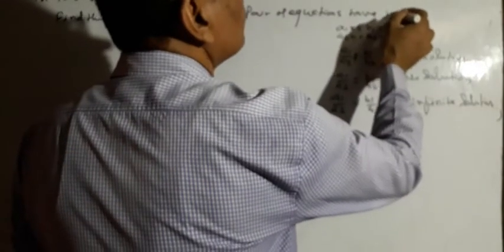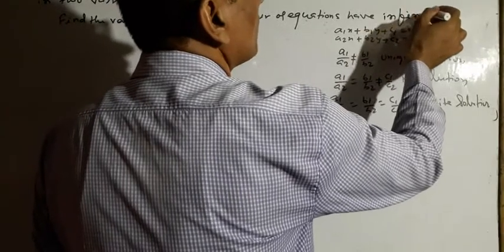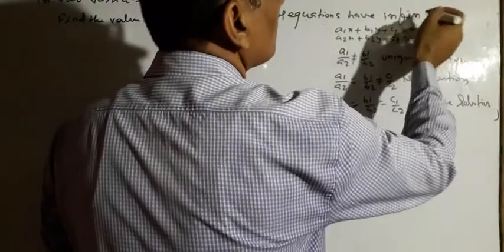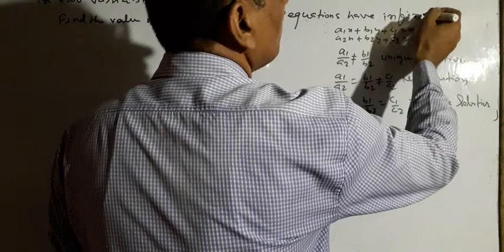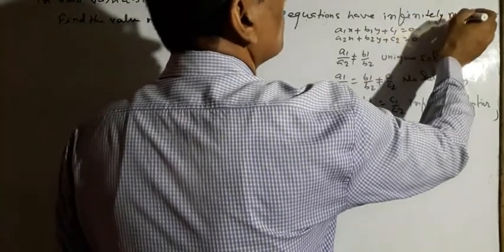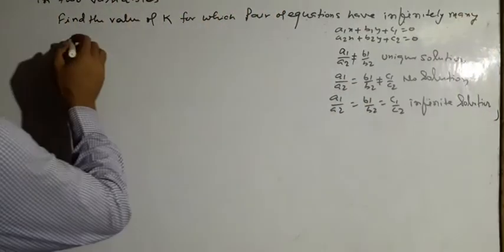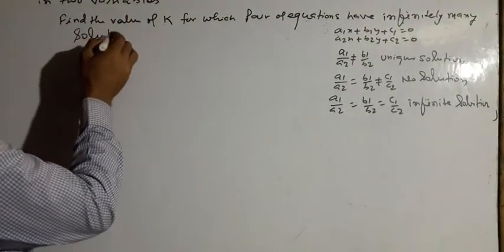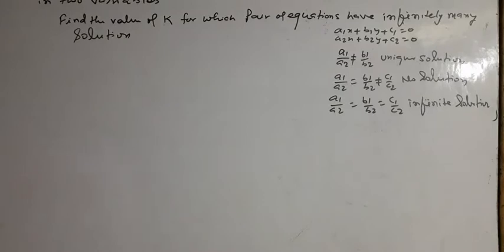Find the value of k for which the pair of equations has infinitely many solutions. For example,